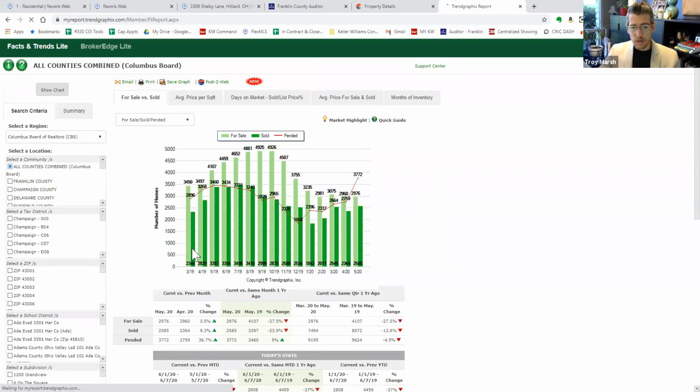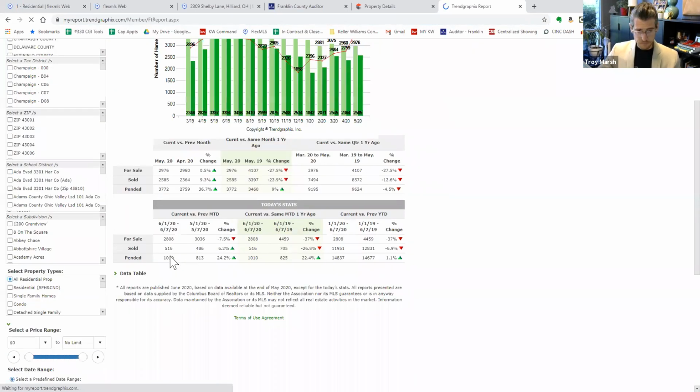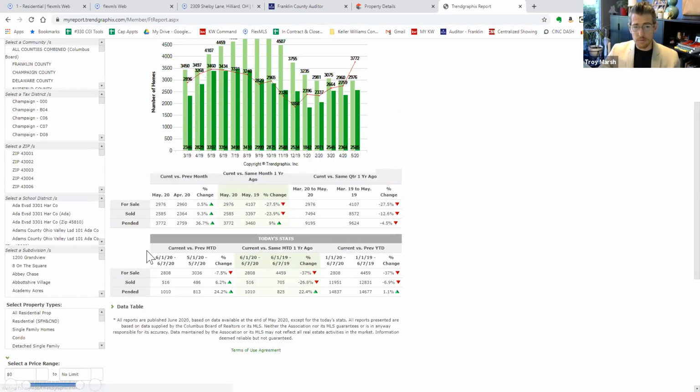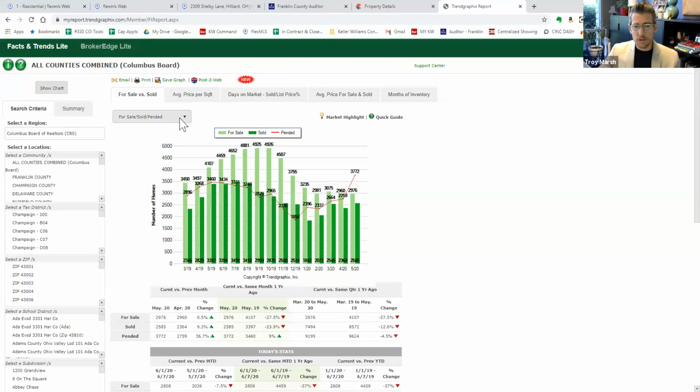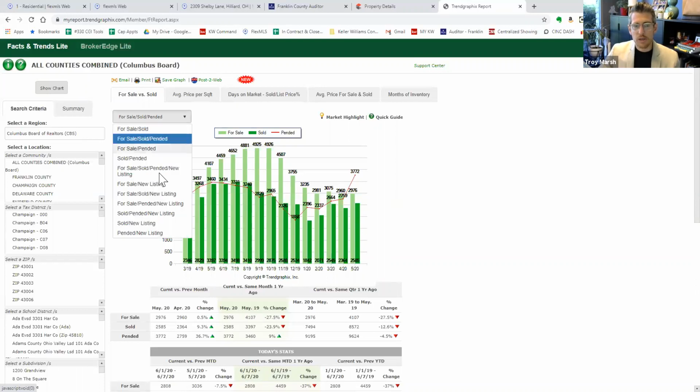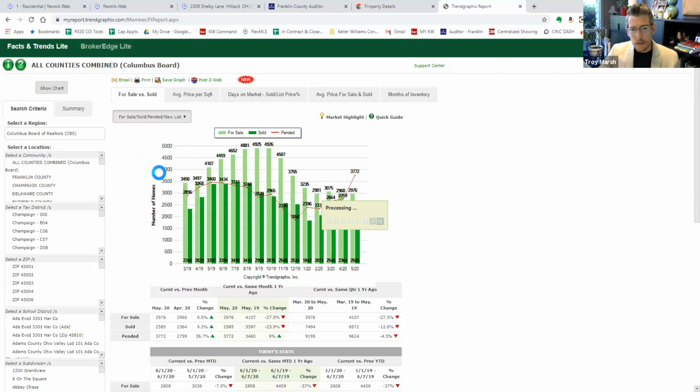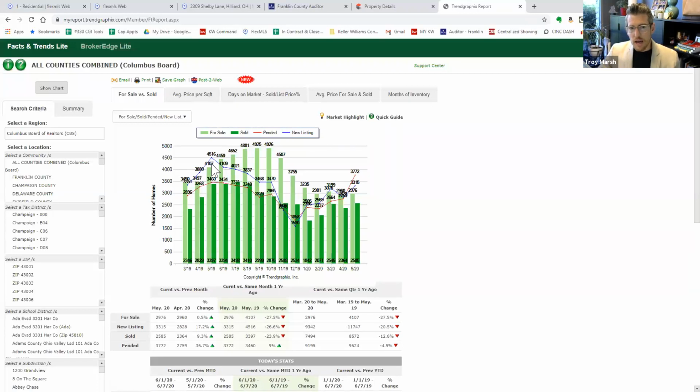But what I'm going to do is, so in Hilliard, we're looking at 200 to 250. So what I'm going to do is come into Trend Graphics, which the login for Trend Graphics is on kwcresources.com. I'm going to come down here to this drop down and click for sale, sold, pended, new listing. That's going to give me a blue line here that shows all the new listings per month, and this is